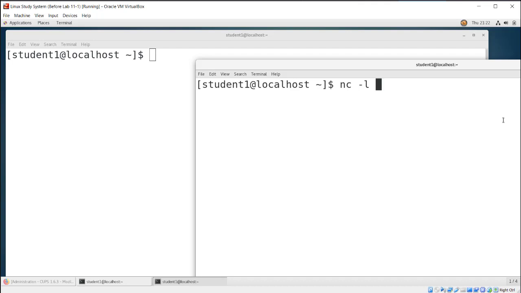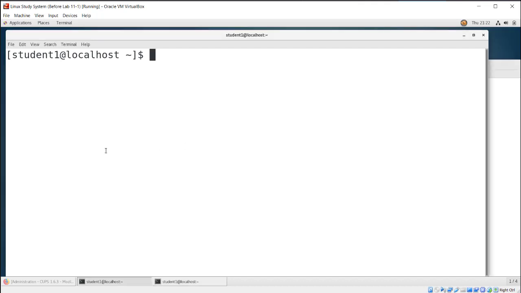I'm going to choose an oddball port called 40401. We'll hit enter there, and then on the remote system I can connect to that port and send data back and forth. But for now I just want to use this so we can see a process ID. So I'm going to first run